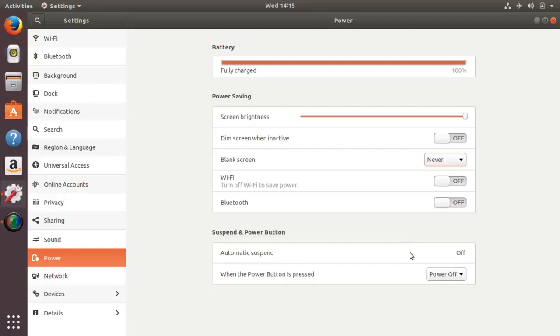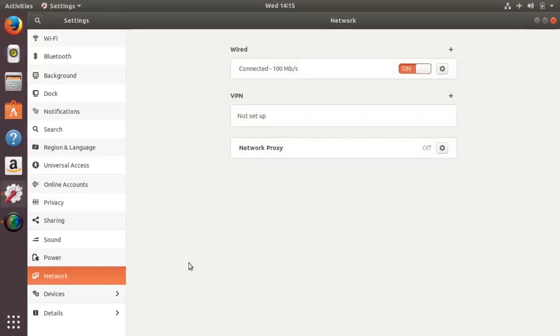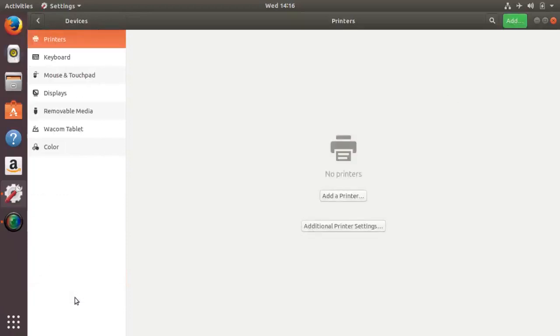Automatic suspend is off, and when the power button is pressed, power off is already set the way I want it. Now network is the same. I'm not connected to wireless yet. Devices is the same. I don't have a printer connected. I don't have a Wacom tablet, etc. So I can go back